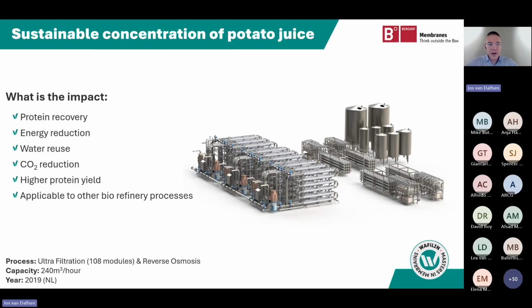And what we have further developed based on this application, is that we also can integrate these kind of tubular UF processes in other biorefinery processes. So think of crops like sugar industry or pea processing industry, where you have a relatively high load of solids in the feed stream. That's where tubular UF can be of value as well. So not much to do with wastewater, but a membrane coming from a wastewater application integrated in a food process.